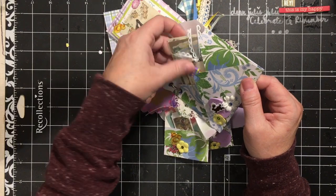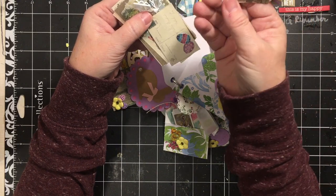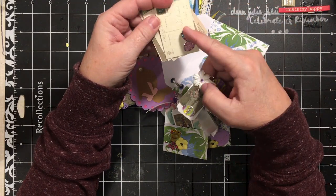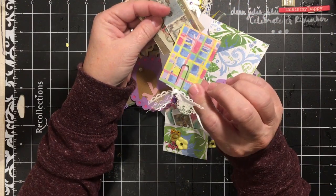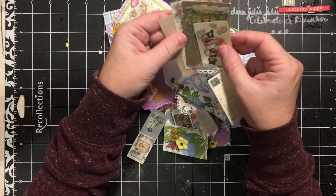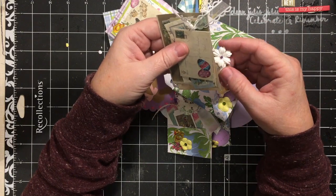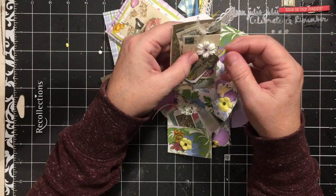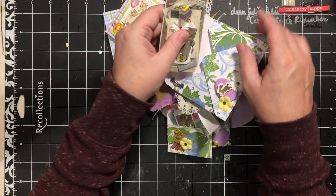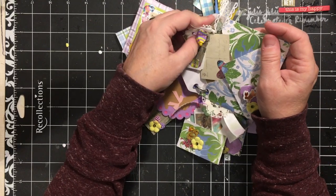And here we have a flat paper clip with an egg charm using one of the little images from the kit. A postcard flat paper clip, and then some of the images just cut out from the kits. So there we go, and then we have to put these in here